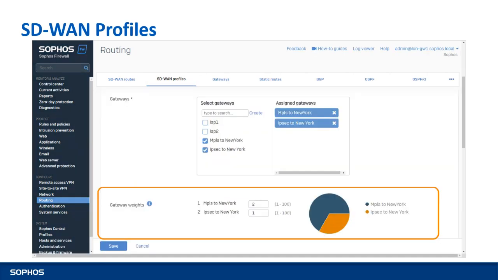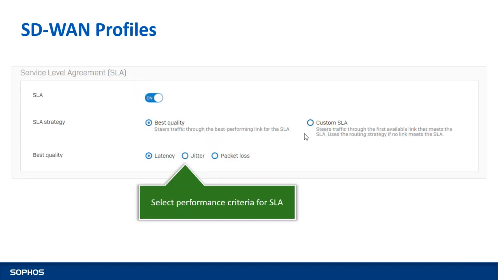which can include custom gateways such as route-based VPN gateways. If you use load balancing, you can choose the weight of the distribution of traffic between the gateways. For example, you may want to do this if the connections are different speeds, but if all the gateways are assigned a weight of 1. The default